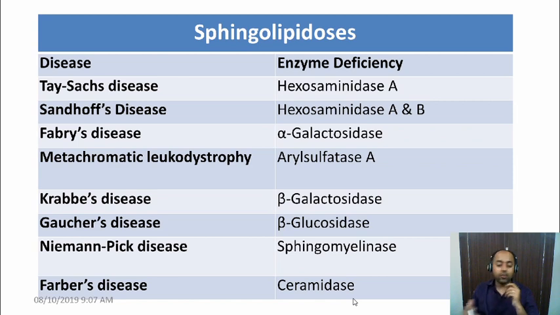Okay. Now, one very important question. If you recall, I had told you in sphingolipidosis we have the accumulation of the sphingophospholipids as well as the sphingoglycolipids. All right. So you have to tell me in which all conditions the sphingophospholipid will accumulate. I'll number them so you can write the number directly in the answer.